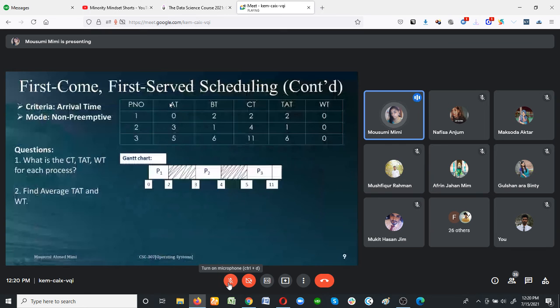You have to consider the arrival time. This is my first priority. Process 1 comes at 0 seconds. I provide process 1, whose burst time is 2, so 0 plus 2 is 2. The next process arrives at 3 seconds. Within 2 seconds, after 1 more second it will become 3. So there is a gap, so it is waiting.